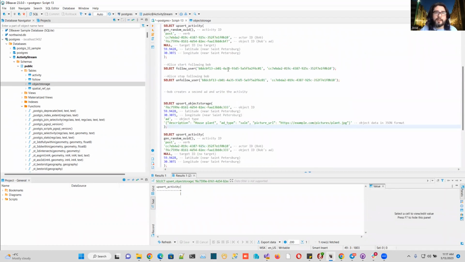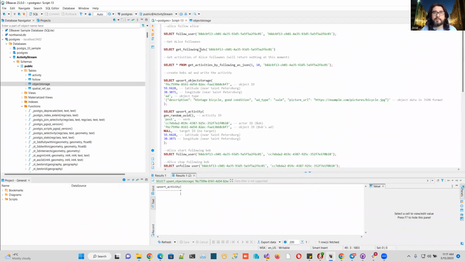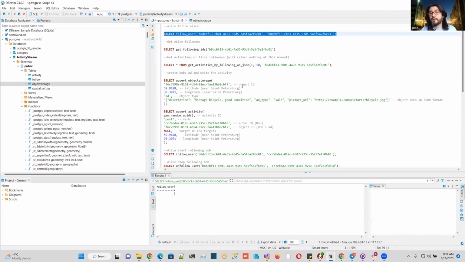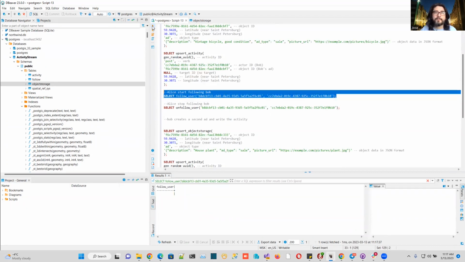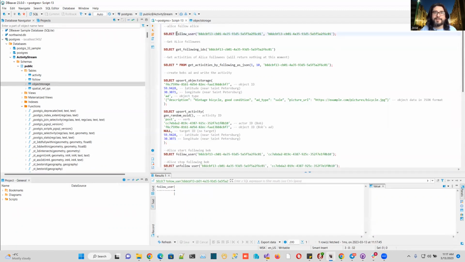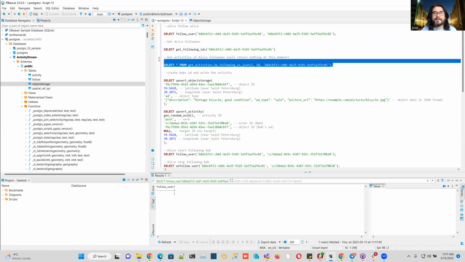If we get the activities of the objects followed by Alice, still nothing because we are not following Bob anymore. So let's start following Bob again. Now if we get the activities, see,